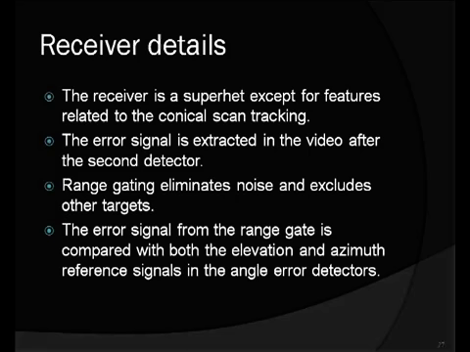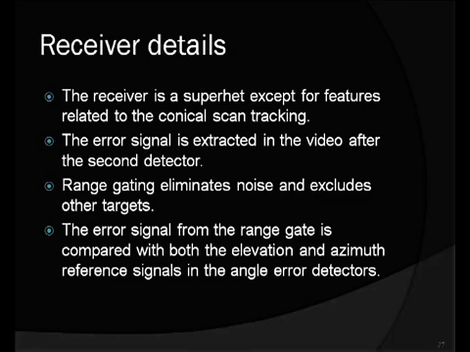Range gating eliminates noise and excludes other targets. The error signal from the range gate is compared with both the elevation and azimuth reference signals in the angle error detectors. From this, what we can understand is that in the superhet receiver, as we know, there will be